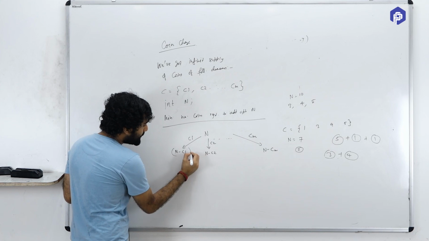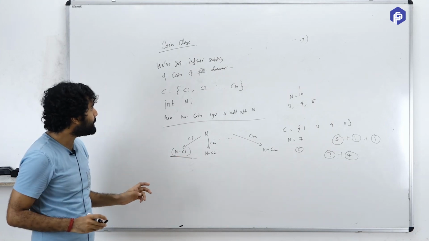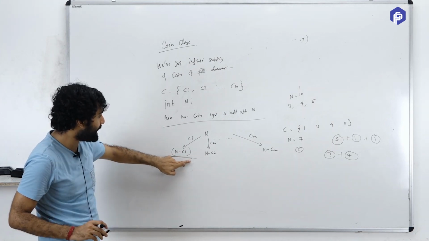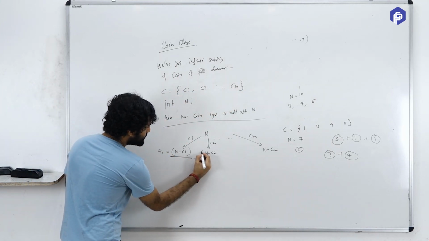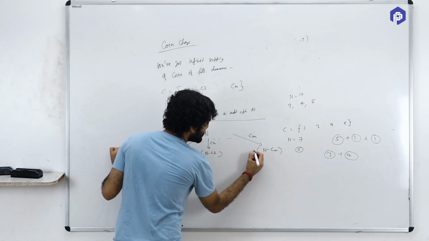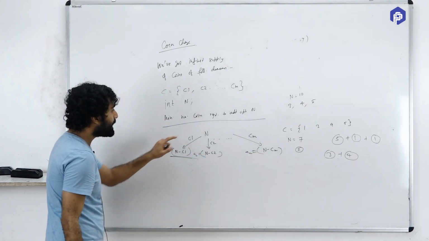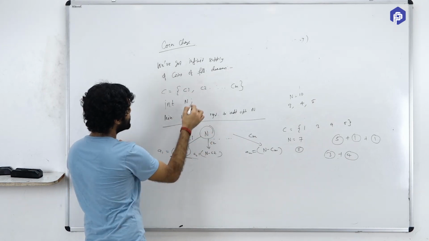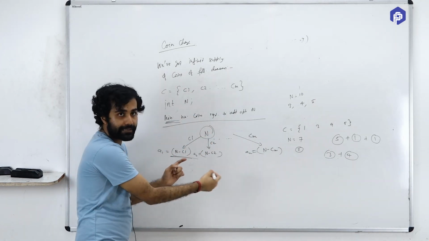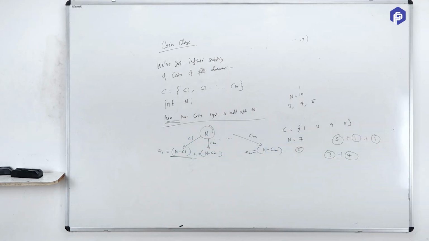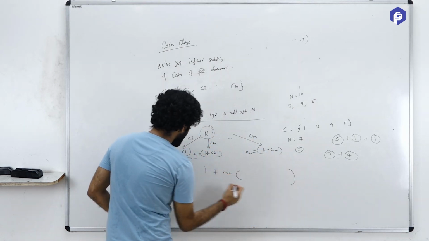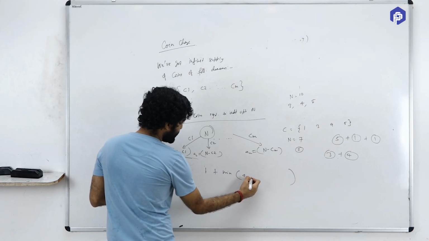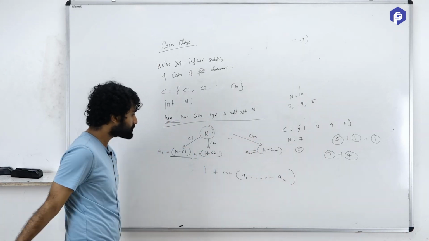Now if you know what the answer is for this, by that I mean, if let's say this is the money that you have to make and these are the denominations that are available. So if the answer for this is A1, the answer for this is A2, and the answer for this is Am, then what will be my answer for n? I have to minimize, right? I have to minimize. So my answer should be, can somebody write that? It should be minimum of all plus 1, yes or no? That is how it is going to look like. 1 plus min of A1, A2, and so on till Am, right?